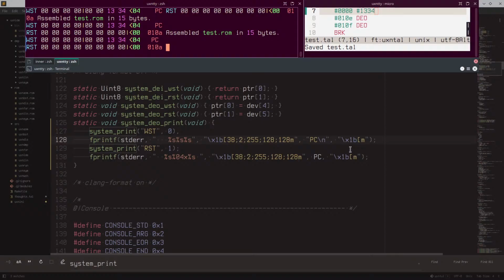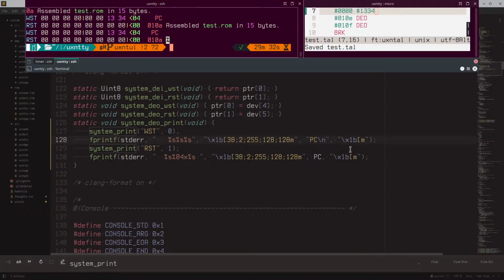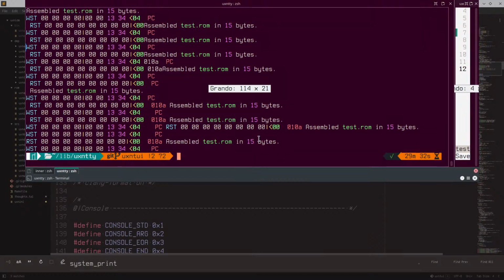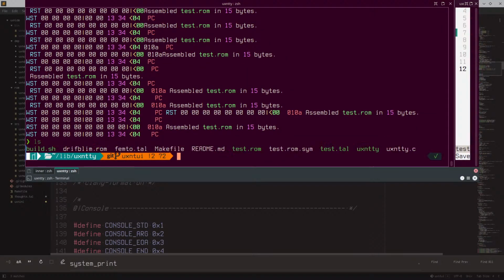Yes, I guess I just need to copy. Let's copy UxnTTY to .local uxn bin,